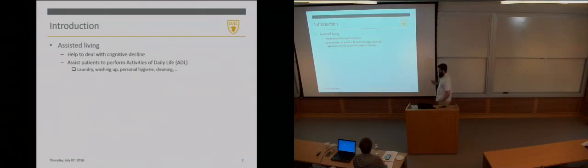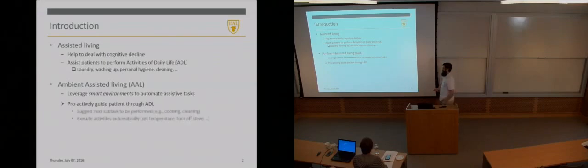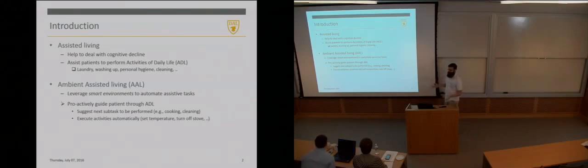We focus on using smart environments with embedded smart services to help with these assistive tasks, to help them perform these ADLs. And so in this paper we focus on two kinds of general assistive tasks. First of all, guiding the patient through these activities of daily living using all sorts of smart services. This can entail suggesting the next subtask to be performed. Right, when you're, for instance, cooking, cleaning, doing laundry, these are all relatively complex routines, especially if you're cognitively declined. Even by leveraging these smart services, we can even execute certain subtasks in advance to help the patient achieve these ADLs.